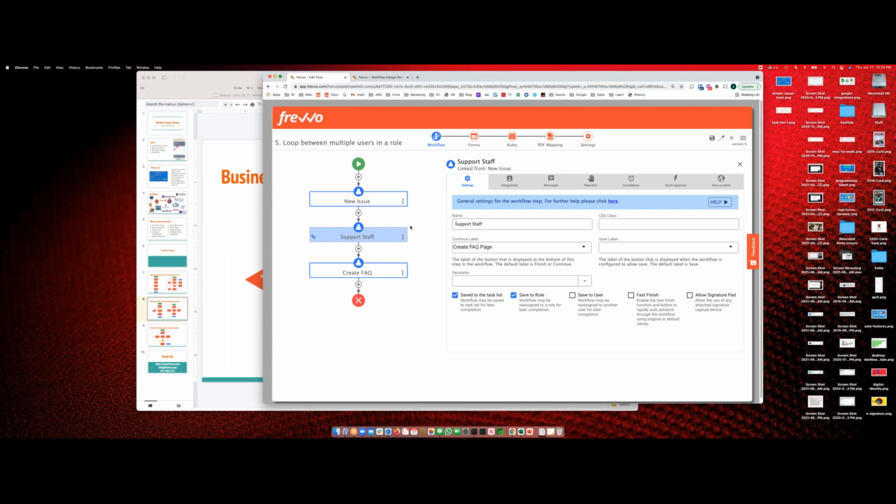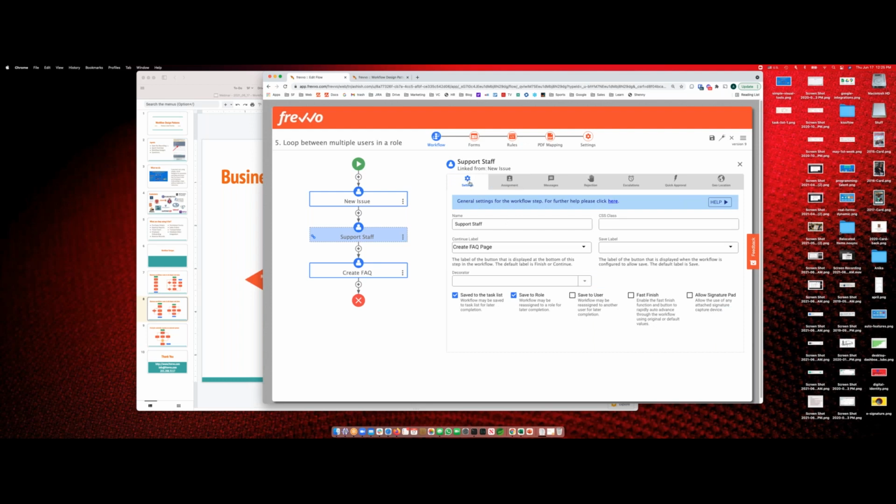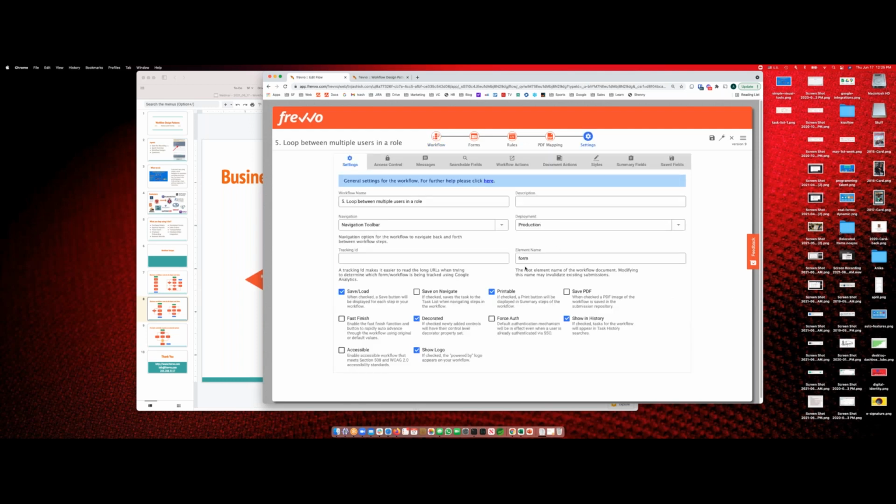So how do you do that? Well, the first thing you do is you assign it to a role. So in this case, it's assigned to the frevvo IT role. And then the other thing you do is in the settings tab here, we're gonna turn on this save to role feature over here. And then the last thing is in the overall workflow settings tab also, we want to turn on this save load feature. So a save button is automatically displayed for every step in the workflow. So what this does is,